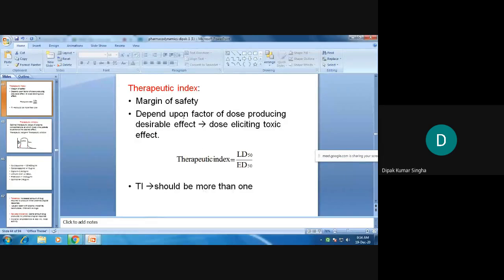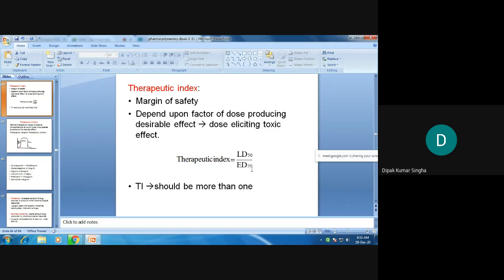The margin of the therapeutic index depends upon the factors, LD50 by ED50, and TI should be more than 1. If it is less than 1, there is a problem. তাহলে সেফটি নেই বললেই চলে ওই ড্রাগের ক্ষেত্রে, কারণ LD50 অলওয়েজ হায়ার দেন দা ED50 ভ্যালু। আর নিউমারেটর যত বেশি হবে ভ্যালুটা,